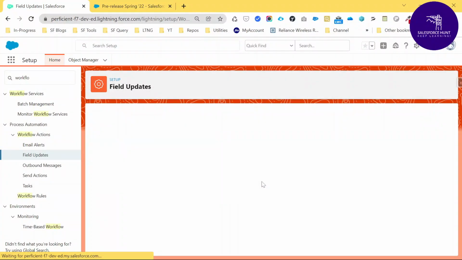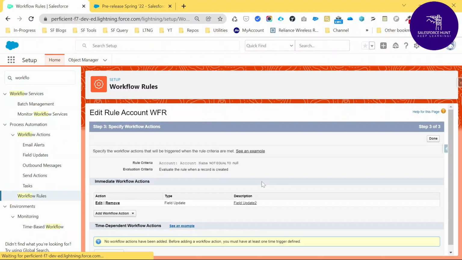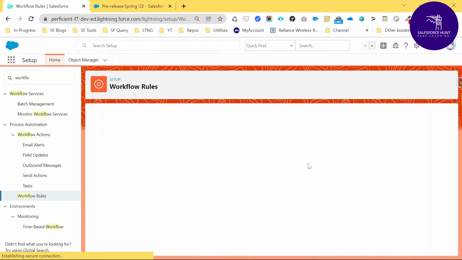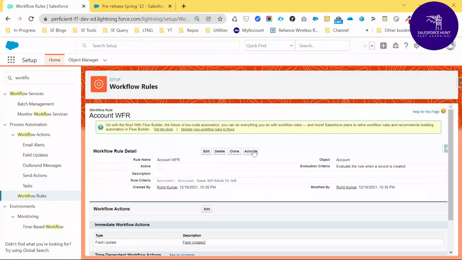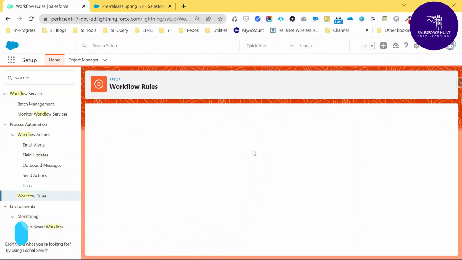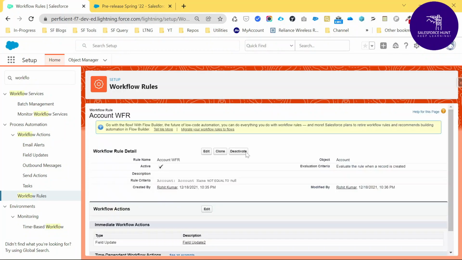After that you can see my workflow rule is saved now, right? And after that you have to click Done, and again you have to activate this workflow, otherwise you cannot take this action. So just click on Activate, and now you can see my workflow rule is activated, right?